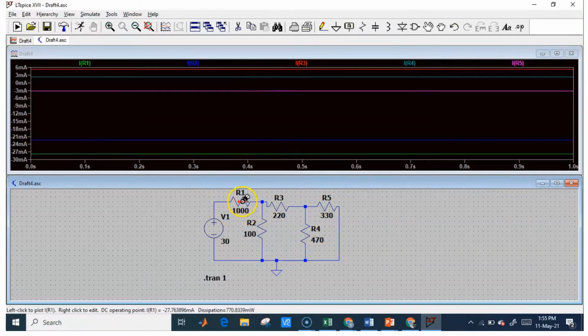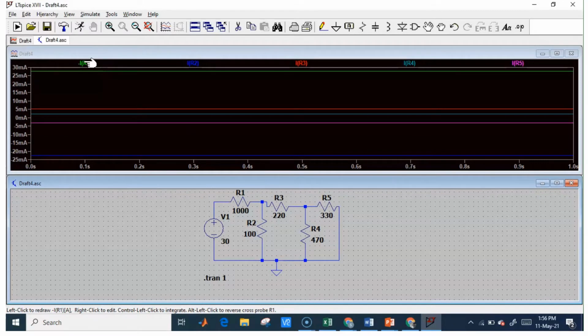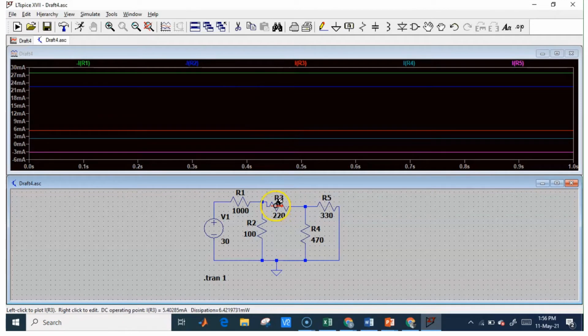Here everything comes in the opposite direction. But what we need is the current flowing from the source to the load, so the current should flow from this direction. It is showing in the opposite direction, so we can change it directly in the trace. Just put minus. It will come in the opposite direction, which is the direction we need. Here also we need the current to flow towards the ground point, but it is showing in the opposite direction, so we can change it there. Here this is the direction we need.